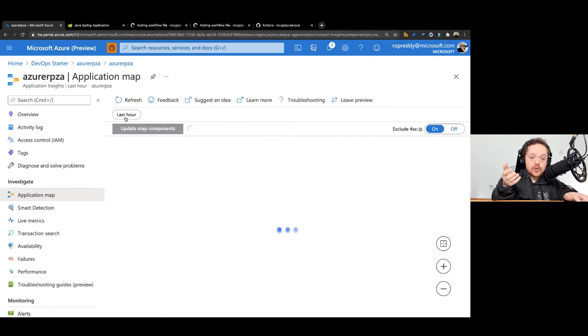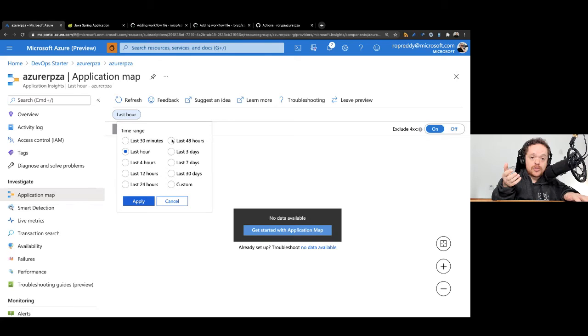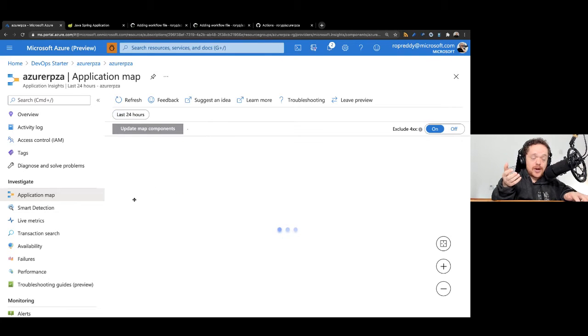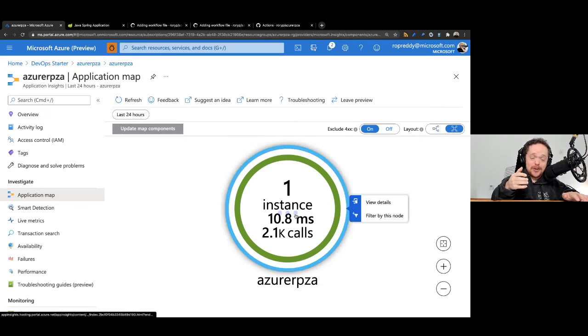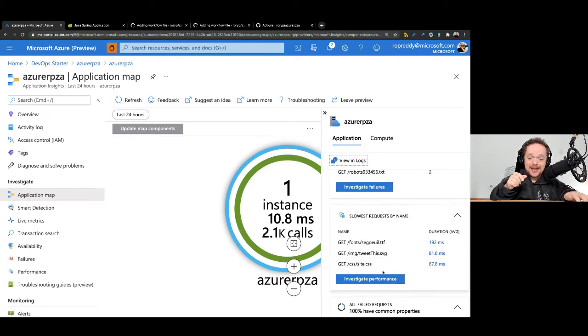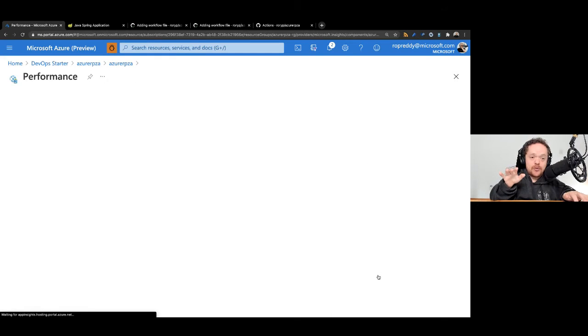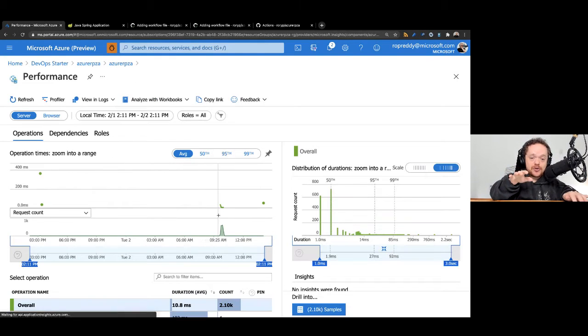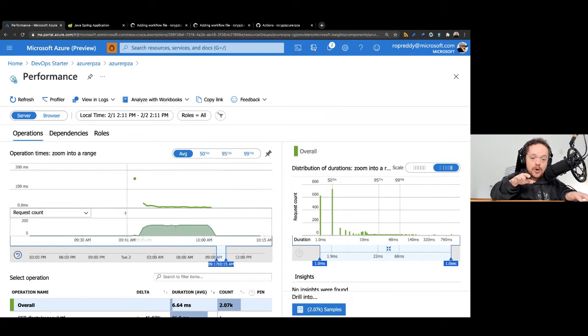Let's go refresh. I don't want to do past hour. I want to do past 24 hours because Azure advocates do not sleep. If you want to do the job for an Azure advocate, it's weekends and also it's at night time. So I can go into investigate performance. And then I get a nice performance tune. You can see there, that's when I did most of it, 9 o'clock this morning, most of my load.